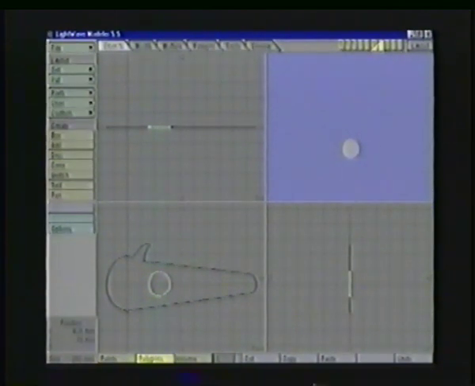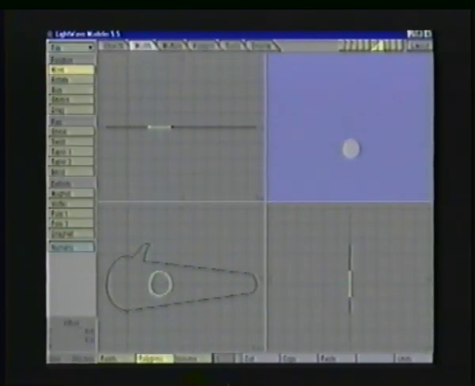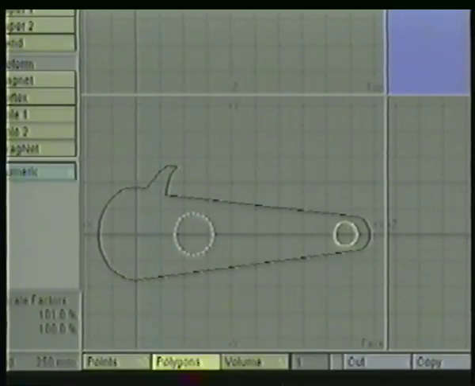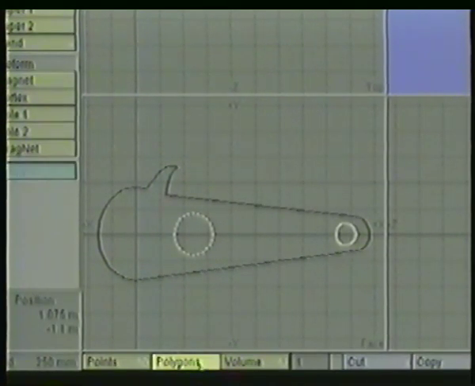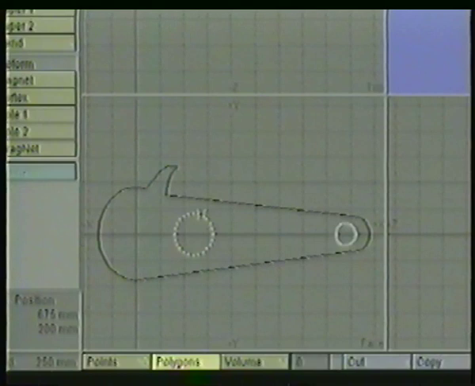Once again, I'll select the polygon. I'll hit C on the keyboard for copy, V on the keyboard for paste, and I'm going to use my move tool one more time to move the copied disk over. And once again, I'm going to stretch, holding the middle mouse button to constrain, or the control key. And when it looks about right, once again, I'm going to kill the polygons by hitting K on the keyboard